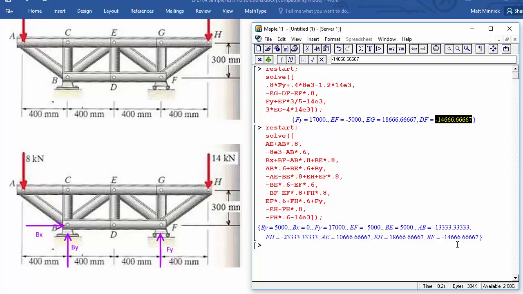ACE we didn't solve for. What did we solve for? We solved for previously EG, which is now EH. Okay, that's good. And we've got EF, also solved for. FY is the same thing. Okay, so it looks like we were consistent, didn't make any mistakes, or if we did, then we made the exact same mistake twice. So hopefully that's not what happened, because that would be a little bit harder to figure